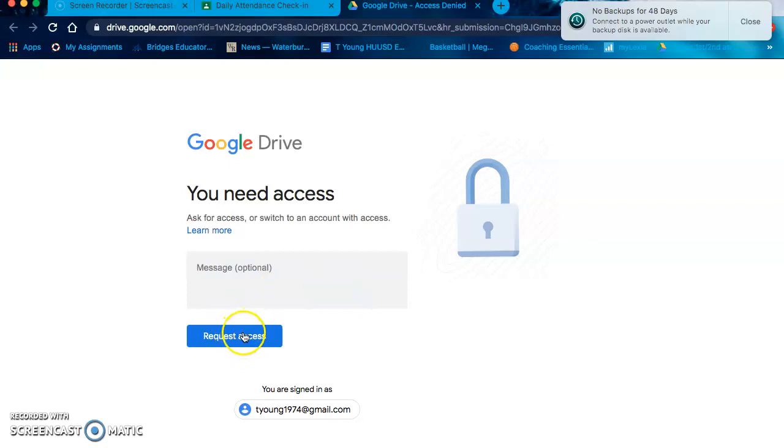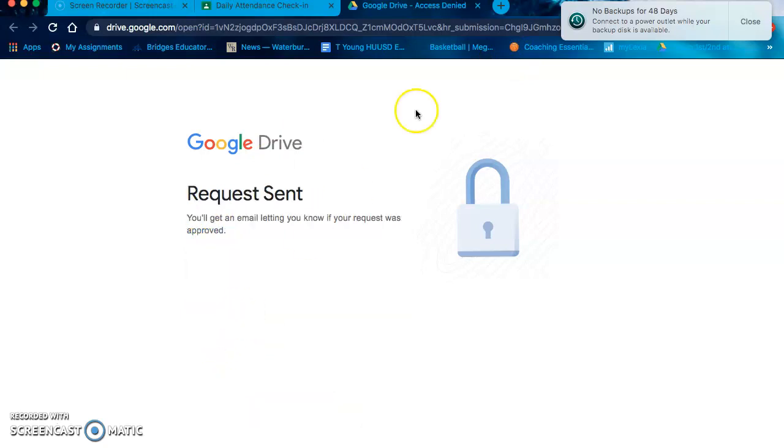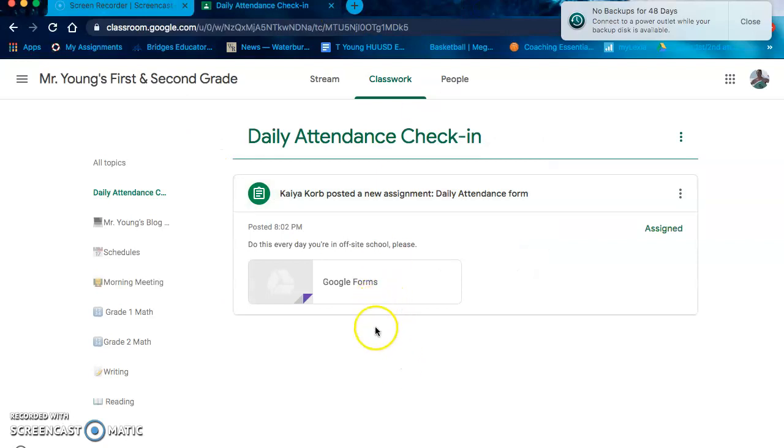and it looks like I need to request different access because I'm using my personal account and not my school email, and Ms. Korb hasn't given that as an option. So I would request access. Sorry about that. So you would click the Google form and fill out the emojis about how you're feeling, and it's a way for us to do our attendance. Once you've done the attendance,